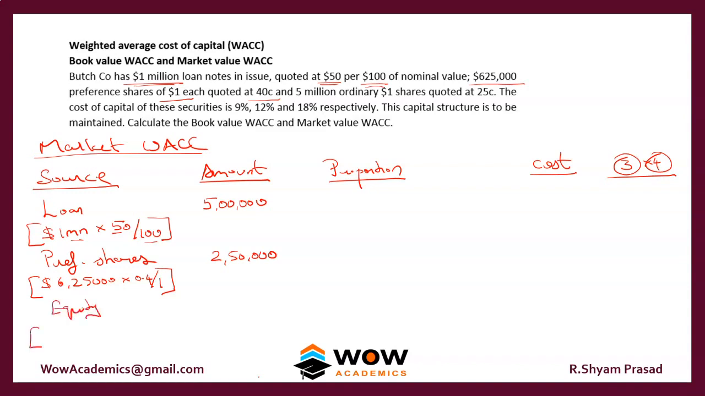Then we have the equity. So equity's value is 5 million shares, okay, which are traded at $1. Sorry, its nominal value is $1 and it's traded at 25 cents. So we can put like this: we have 5 million shares which are trading in the market at 25 cents. So 5 million are traded at 0.25 value. That comes to